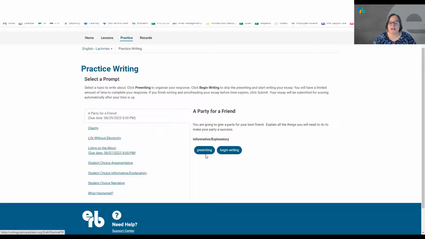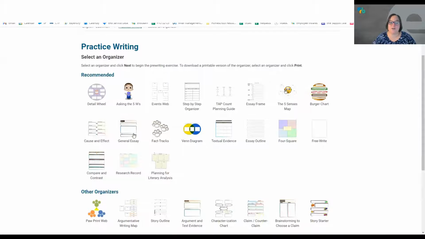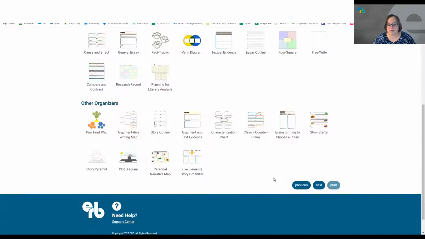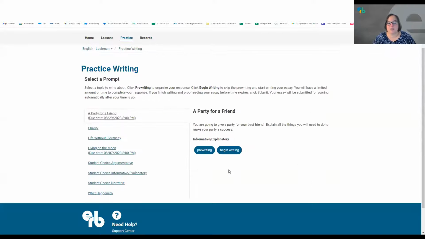You can see that there's a pre-writing area. And when you click on that, you're given an option of all different graphic organizers that a student is able to click on and then fill in the relevant information. So you can see all different versions of graphic organizers here if you were working on one of those. For today, just for the sake of this demo, we're going to go ahead and jump into the writing. But again, all of those graphic organizers are easily available. As a teacher, you are able to make those optional or required. It's up to you. We'll see that from the teacher view in a few minutes.